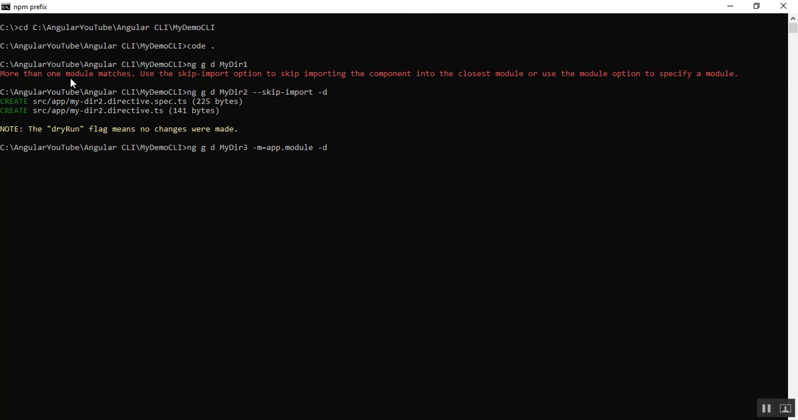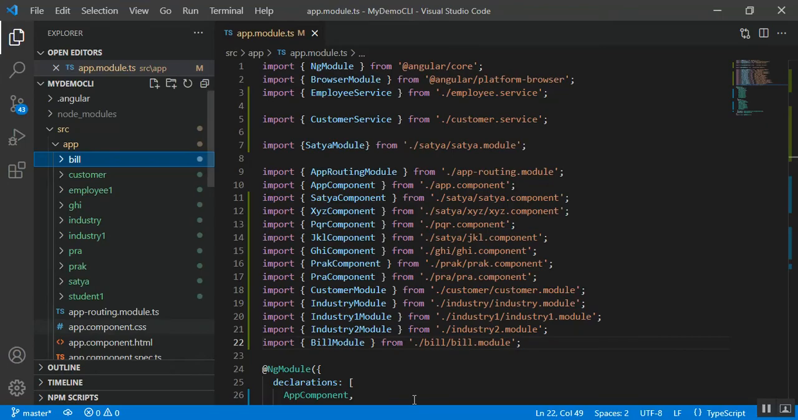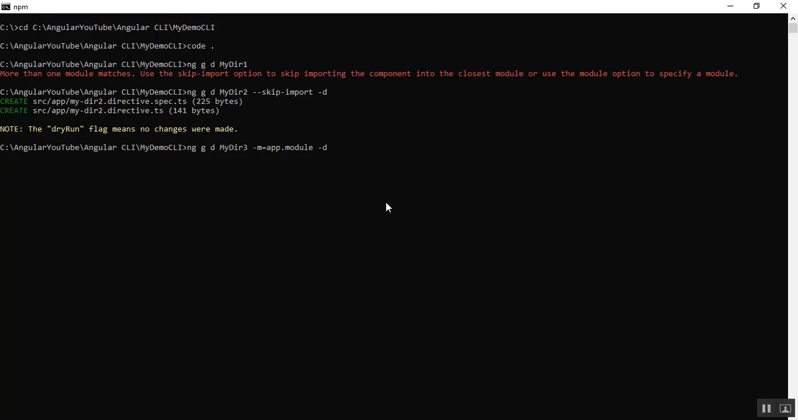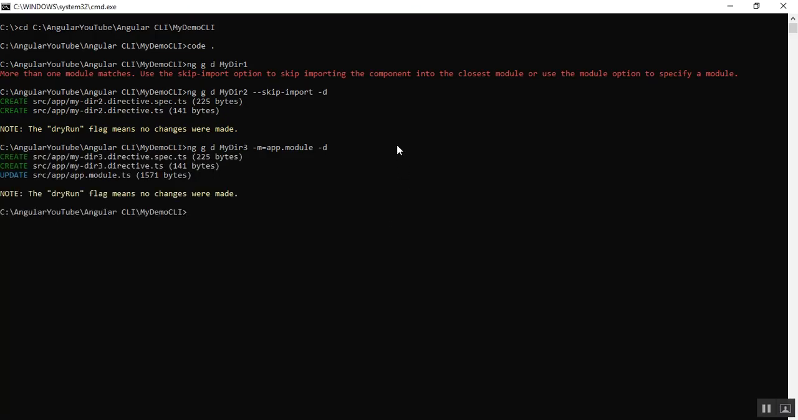So this is why the error is showing. The reason we are getting this error is that we have more than one module in our Angular project, right? I already told you here. What is happening is that Angular CLI does not know with which module the newly generated directives, pipes or components should be registered. So we have two options here: use the --skip-import option